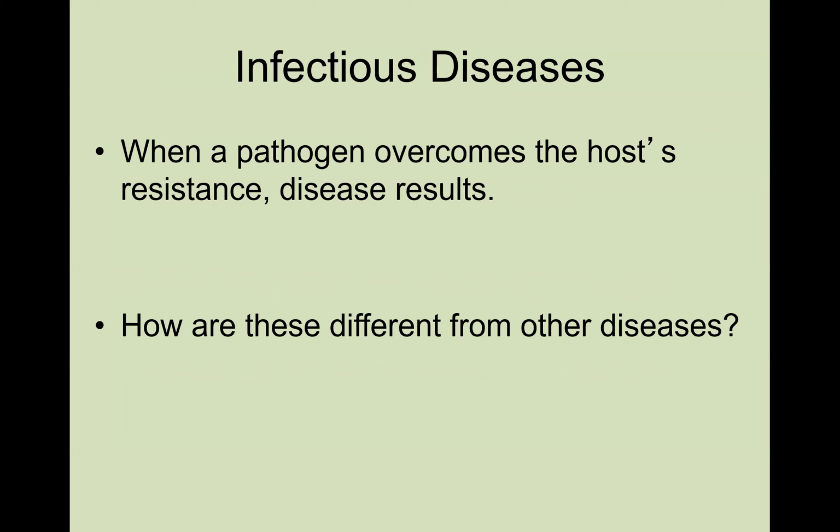All right, so we have to worry about infectious diseases. And when we hear the term infectious disease, we're going to be thinking about diseases that can basically be contagious and be spread from host to host. So when a pathogen overcomes a host resistance, disease is going to happen. That pathogen has to work its way inside of the body, actually get through portals of entry, work against our defenses, and then colonize and replicate, and then therefore cause this infection and then cause disease.